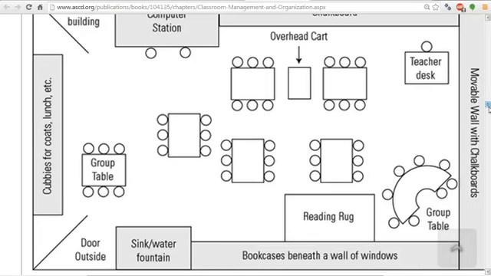You're going to spend the rest of the time in this module talking about those 3 areas: rules, procedures, and classroom arrangement. On the next page of this module, you're going to read an article, each of you, more in depth, and you're going to teach each other about it.